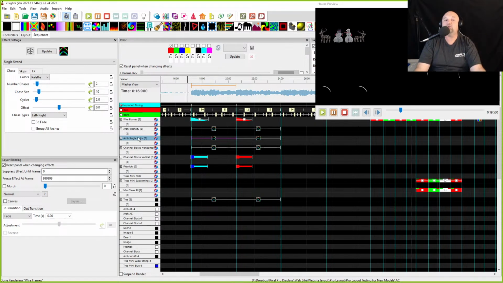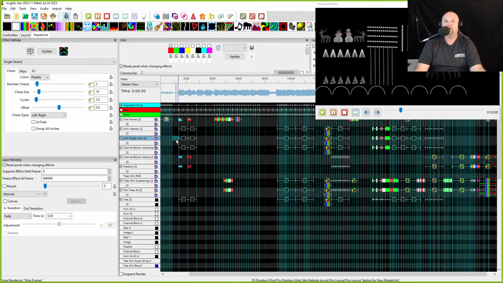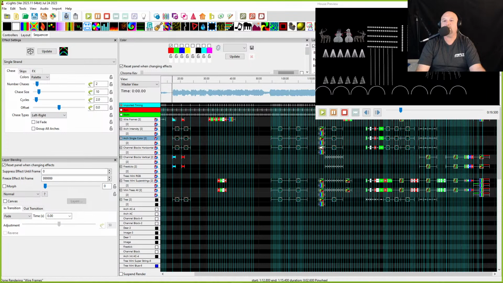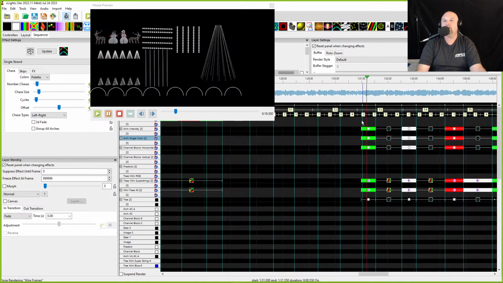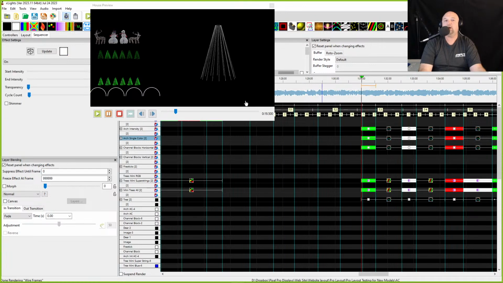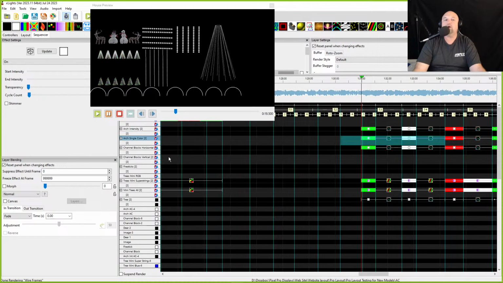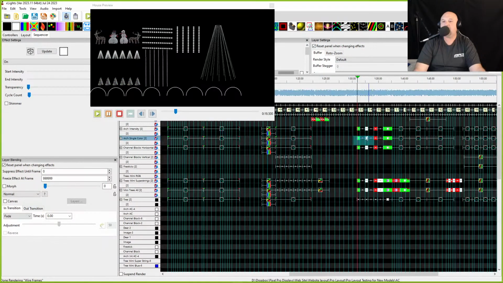Now, one of the things you can do if you have a single color is you can click and drag across your entire screen here. I'll play this for you before I do this. You can watch this green one here and see how they're not lighting up. But you can see over here that these are lighting up because the intensity is set in the prop. If you have them set up with a specific color to go off, to make this work,